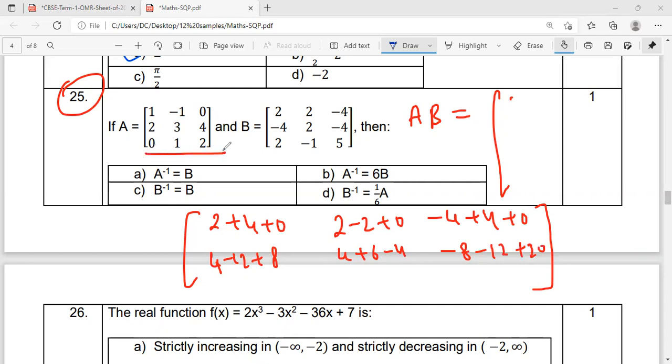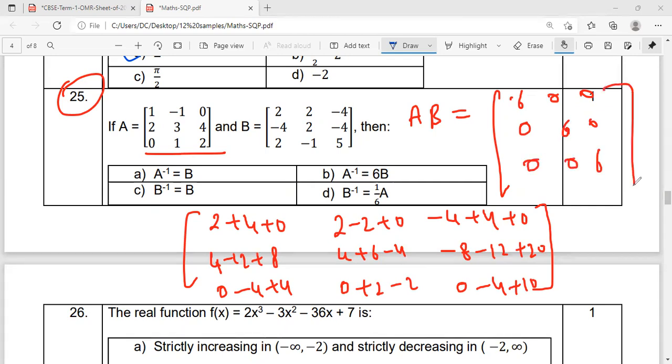Then you go with this row and this column. So this is 0 minus 4 plus 4. And go like this and this, that is 0 plus 2 minus 2. And finally, your first row and third column, which is 0 minus 4 plus 10. You observe that you are getting AB equal to 6, 0, 0, 0, 6, 0,